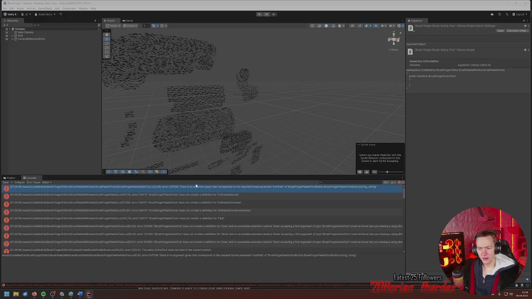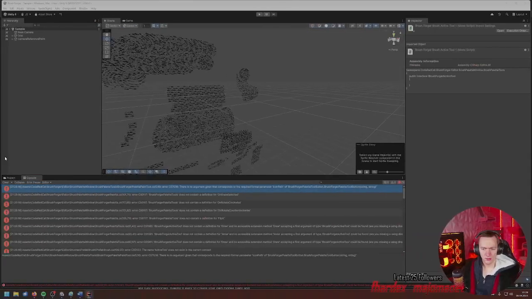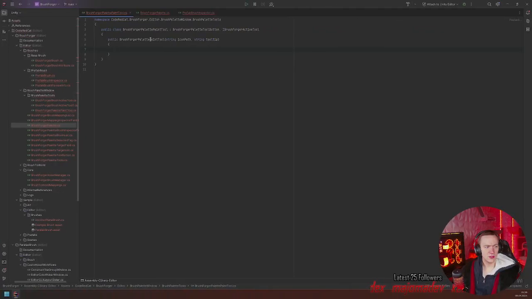There's no argument given that corresponds to the icon path. String.